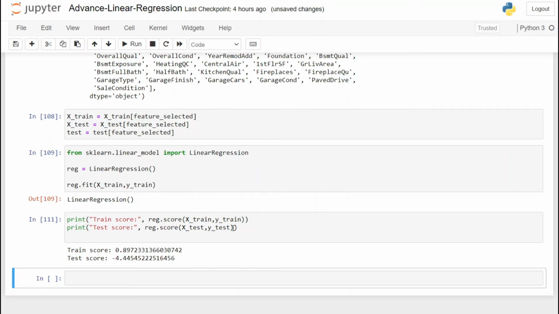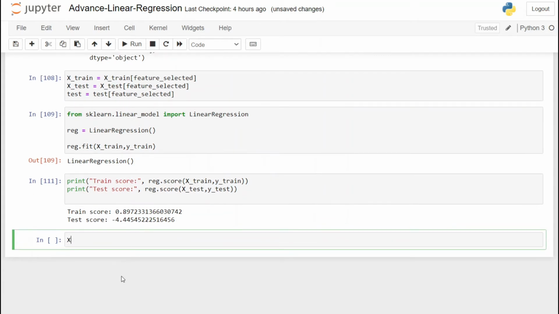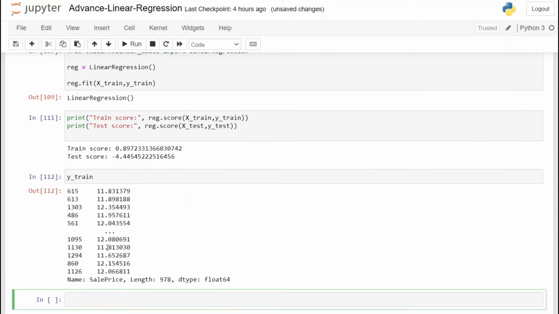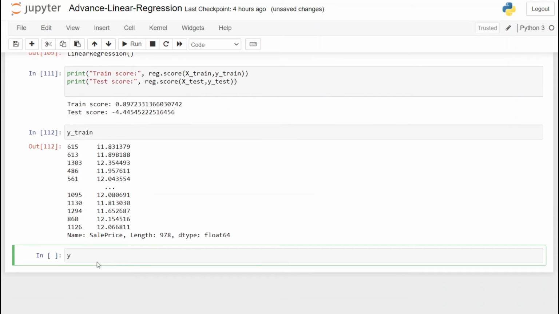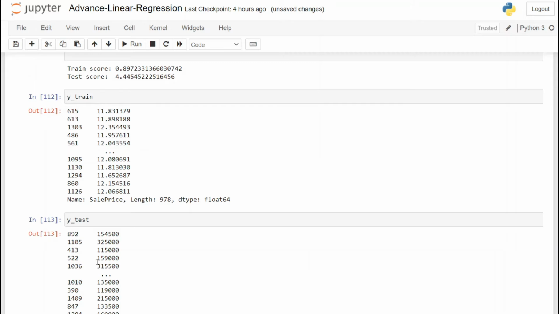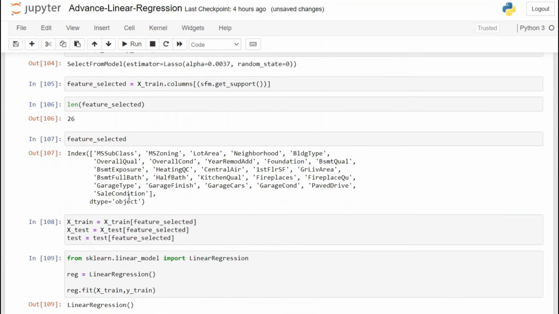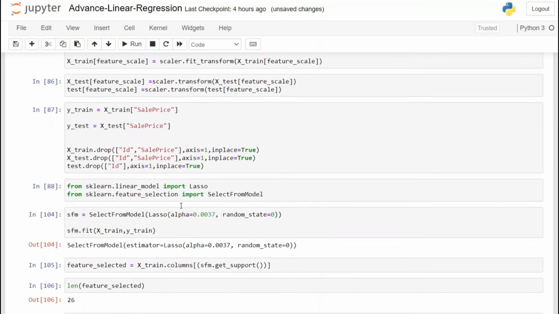So again, I made a mistake to teach you something. Remember in the previous video we did the log transformation on the training data, but we didn't do that on the test data. Let me show you what I'm talking about. If I call y train, you see that the values are 11, 12, or 13 like that. But if I call y test, here we see that the values are in the 1000s. So these two datasets are on different scales. We have to bring both the data on the same scale. If we apply log transformation on y test as well, we can see that we have brought both the data on the same scale. So this is something we are going to change in the data set as well. So let me see where I made this change.